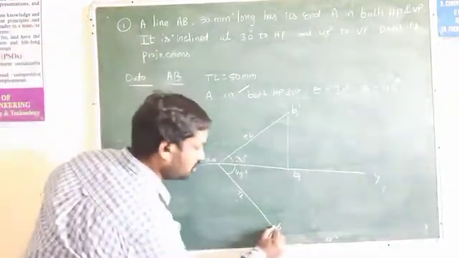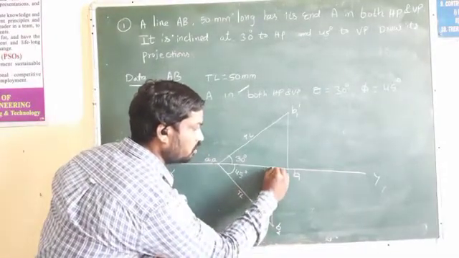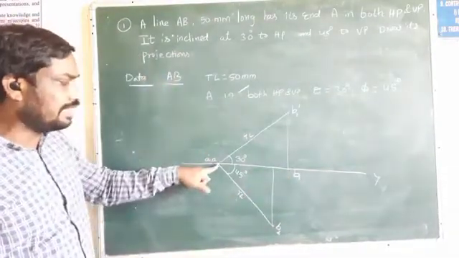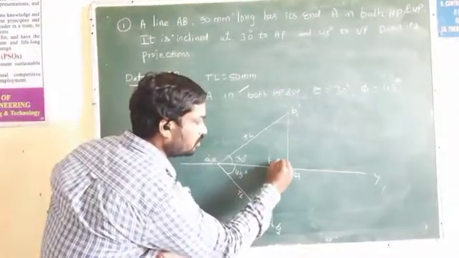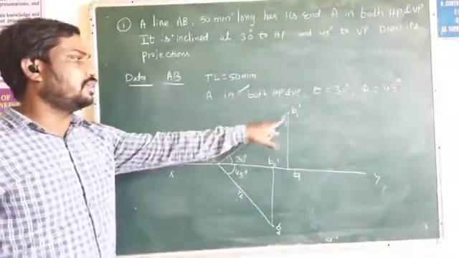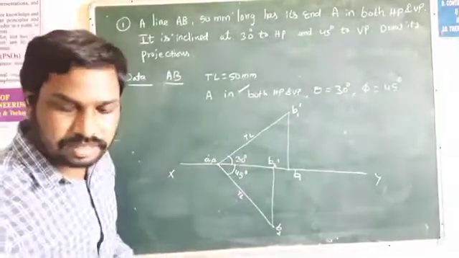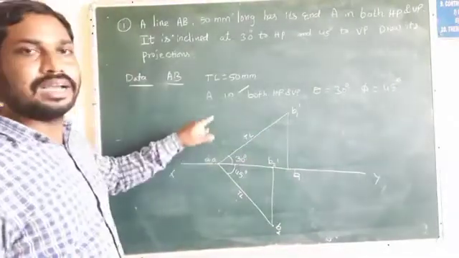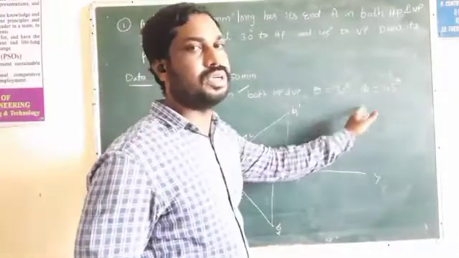So that I am drawing first, draw the perpendicular line from B2, which is projecting onto the XY line, because A dash is here. So this one is B2 dash. Right? This one is B2 dash. Now I am drawing locus lines because we have the ending points of the lines. Draw the line which is parallel to the XY line and it is passing through the ending point of the line. So that I am drawing.